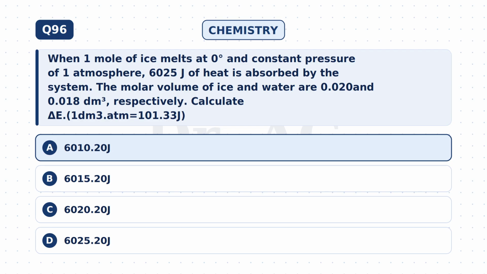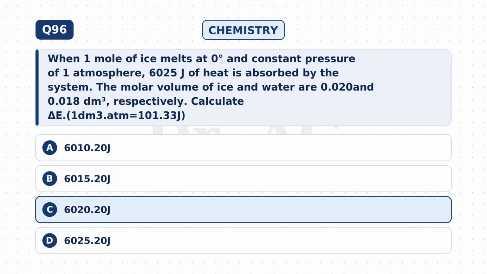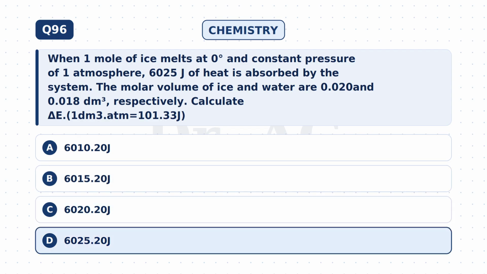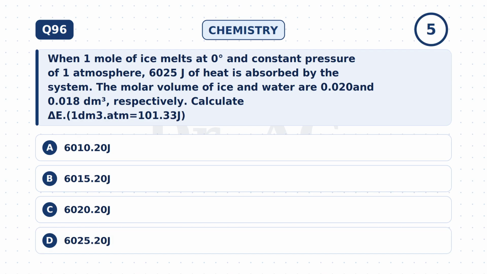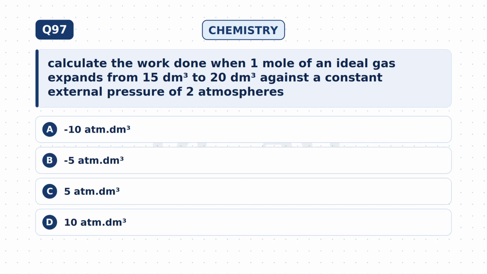Option A, 6010.20 joules. Option B, 6015.20 joules. Option C, 6020.20 joules. Option D, 6025.20 joules. The correct answer is D, 6025.20 joules. Question 97. Calculate the work done when 1 mole of an ideal gas expands from 15 decimeter cube